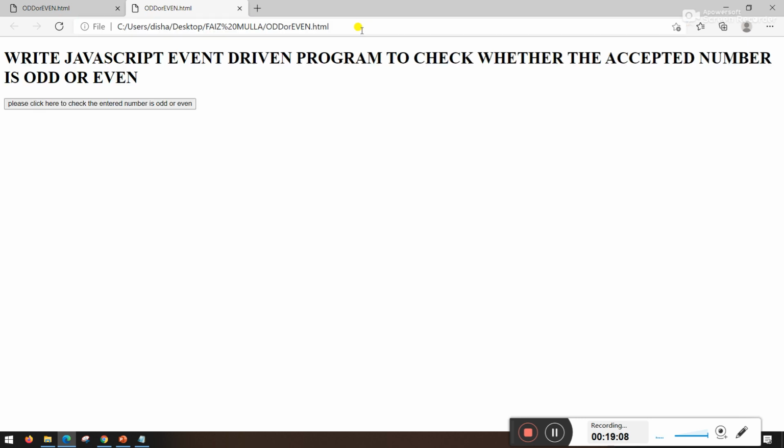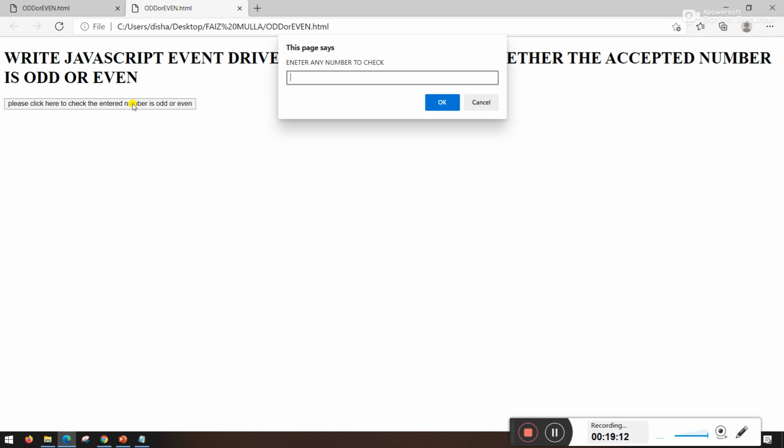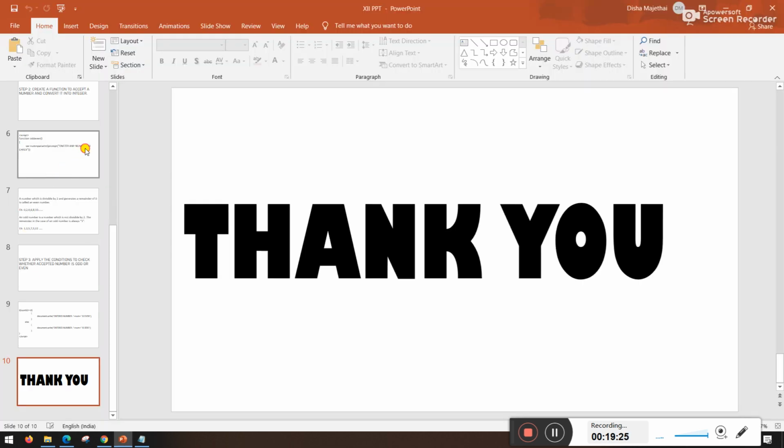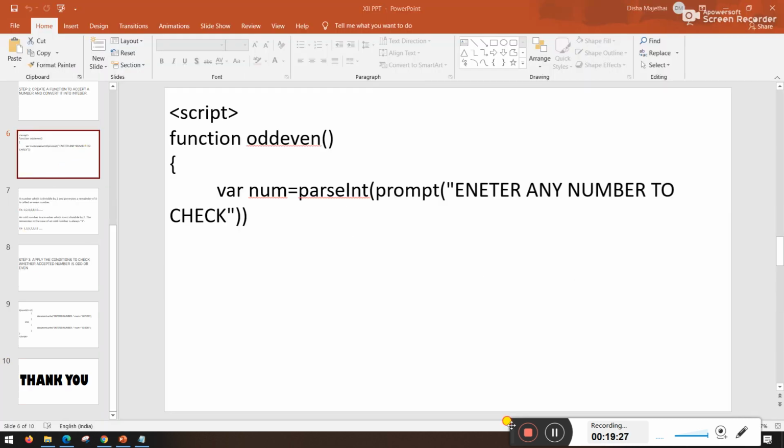Now see, 51 is an odd number. Just like that, the next one is 40 or 400. It will return the remainder of 0, so it is an even number. Got it? I hope you have understood this. All of you have understood this.